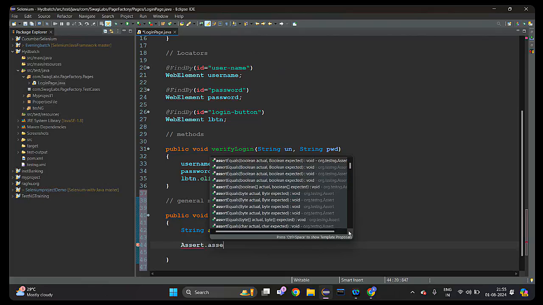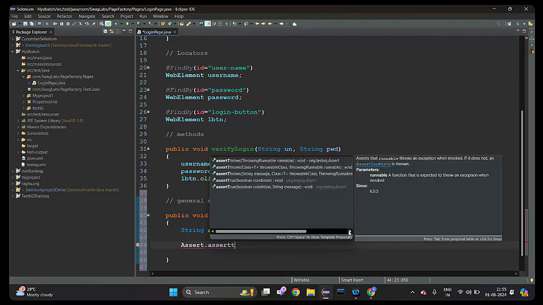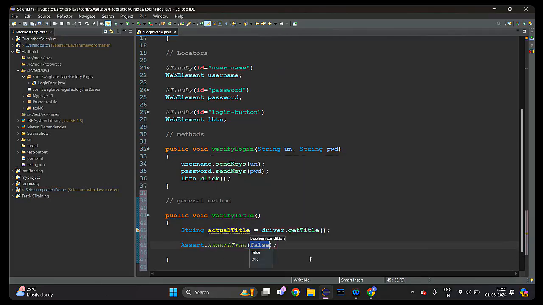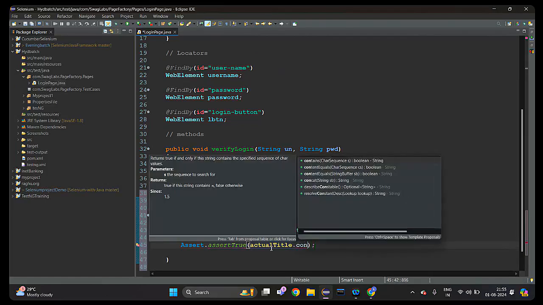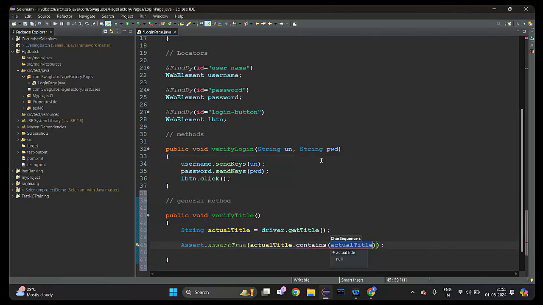Assert dot assert true. Assert dot assert true. What I just wanted to give is this actual dot contains, okay, actual dot contains Swag Labs, right? If this contains this name, okay, it will return true, or else